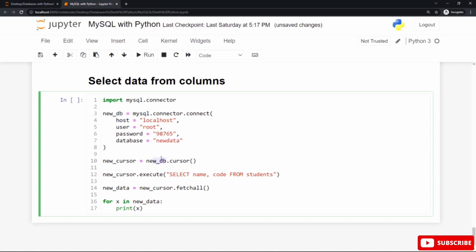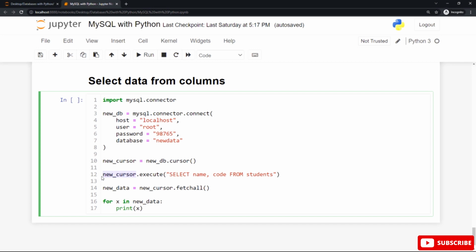This variable refers to the connection to this database with this information: host name, the user root, password equals the password we created previously, and the database name, new data, in between double quotes, as you can see. After that, we use the cursor with the execute statement to execute this MySQL statement to perform this operation.